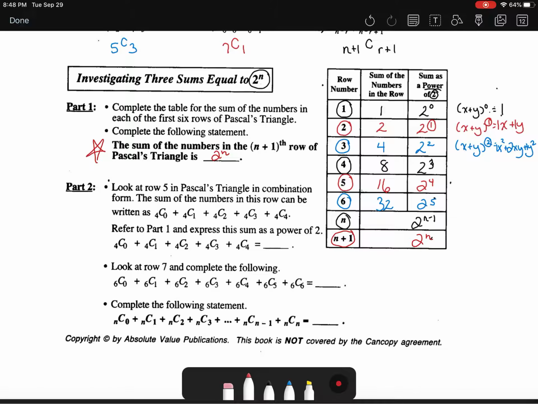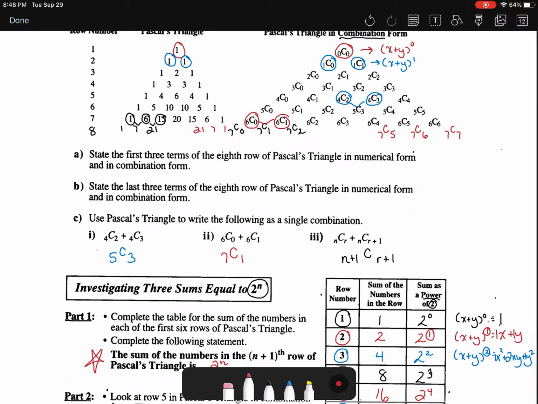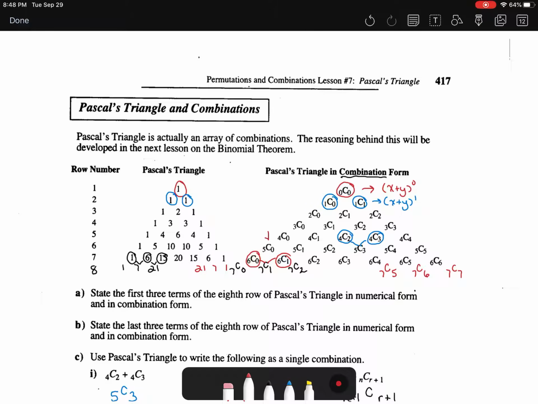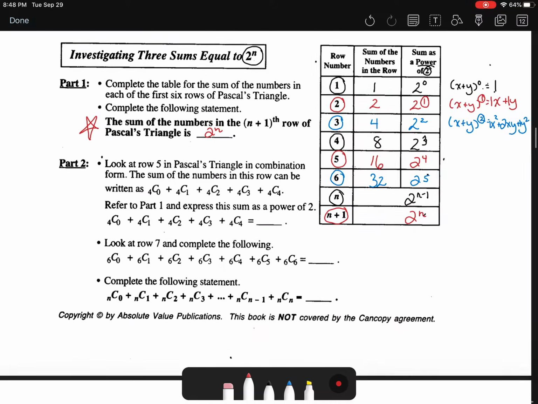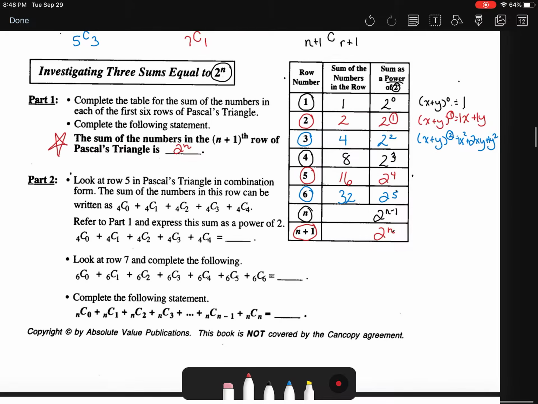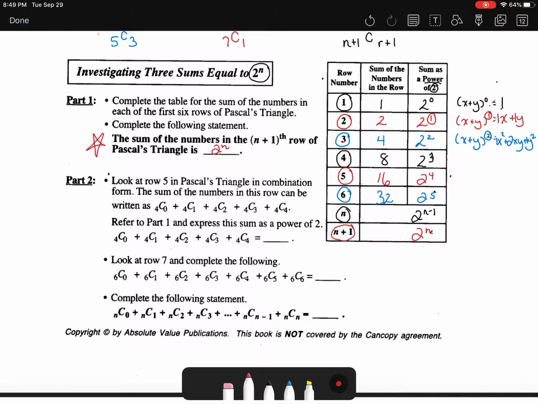So that's the relationship they're trying to show you here. Part 2 says look at row 5 in Pascal's triangle, which is 4 choose 0. Here's the fifth row: 4 choose 0, 4 choose 1, 4 choose 2, 4 choose 3, and 4 choose 4. Refer to part 1 and express this as a power of 2. Well, what it's really going to be is 2 to the exponent of 4, isn't it? Because this number is 1 less than the row number, but it's also the number that we're starting to choose